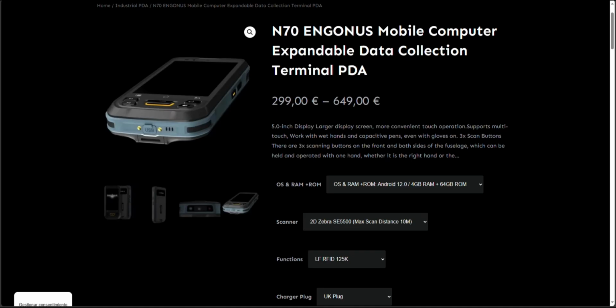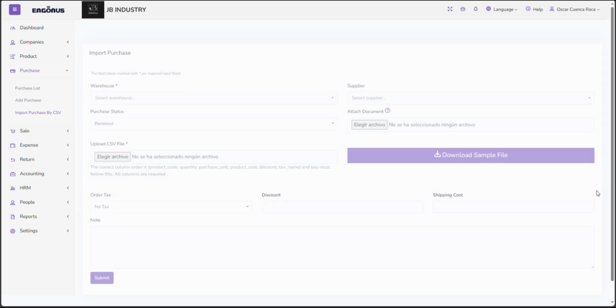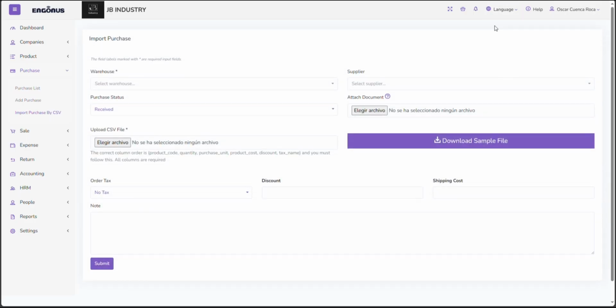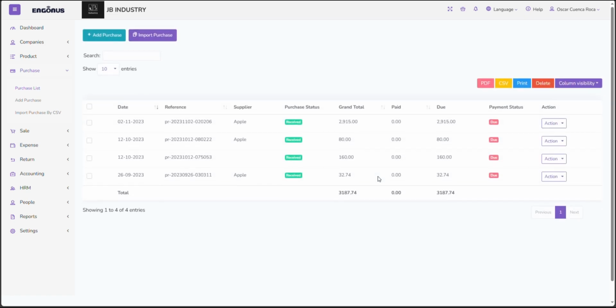Let's quickly recap what we've covered today. We've navigated through the purchase list, revealing essential details like order status, payments, and suppliers. We've learned how to add a new purchase, remembering that suppliers and products must be pre-configured. We've also discovered how to import purchases using CSV, a game changer for those handling large volumes of products. With ERP Engonus, managing your purchases becomes more efficient and orderly,